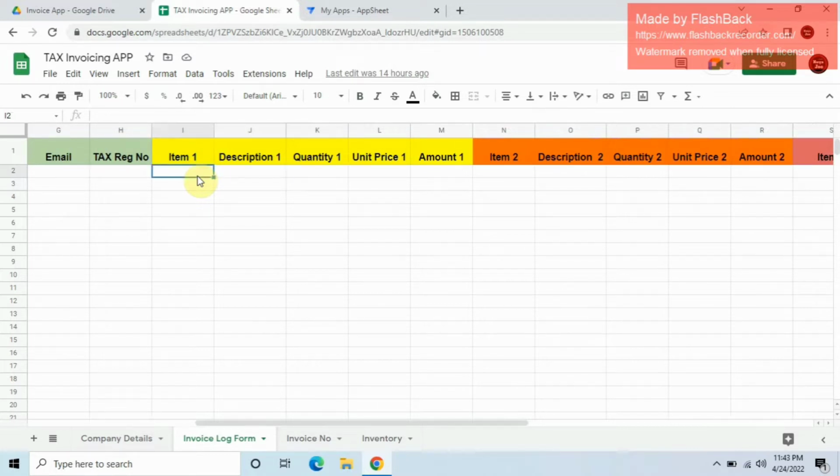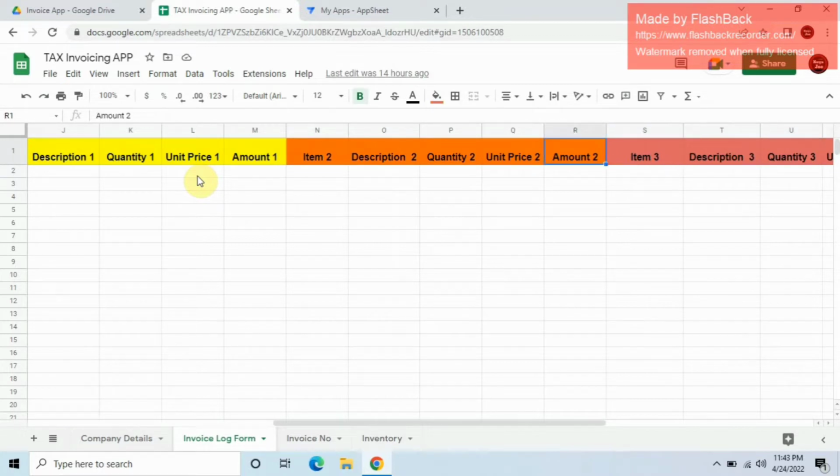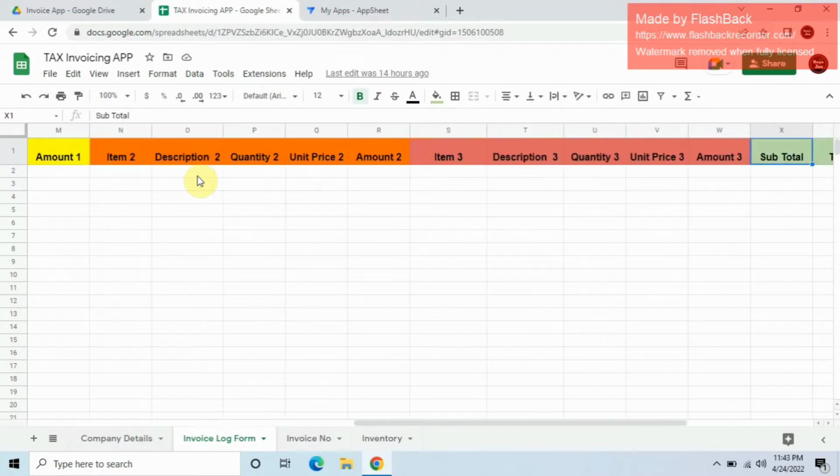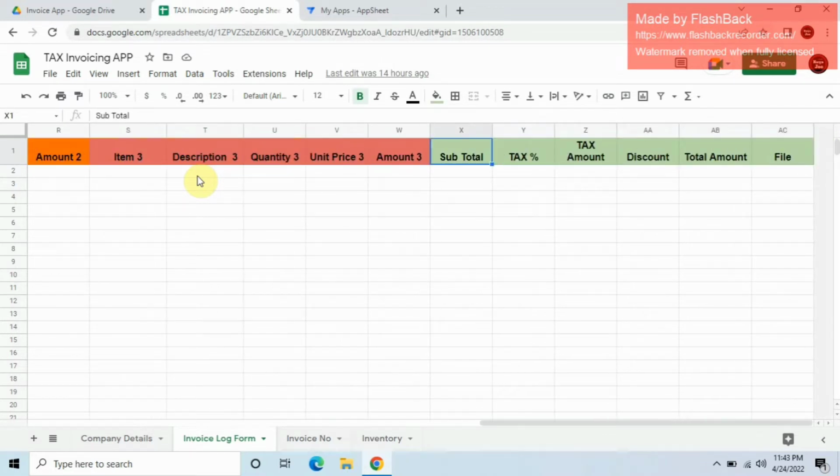So in this maximum 3 items tax invoice, I have the item 1, the description, quantity, unit price, and the amount. And the same goes here. I have in item 2, okay, unit price, so on. Also here, item 3. So the last portion of my spreadsheet is the subtotal, wherein it's the total of amount 1,